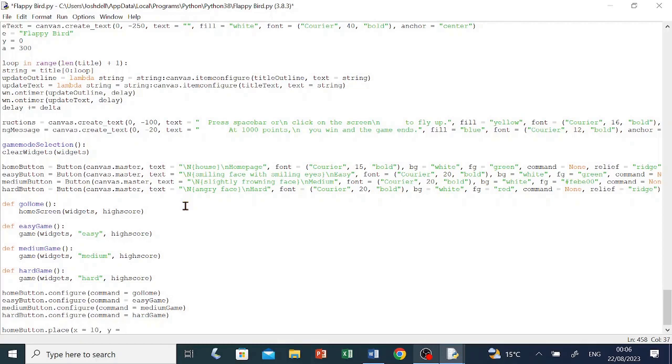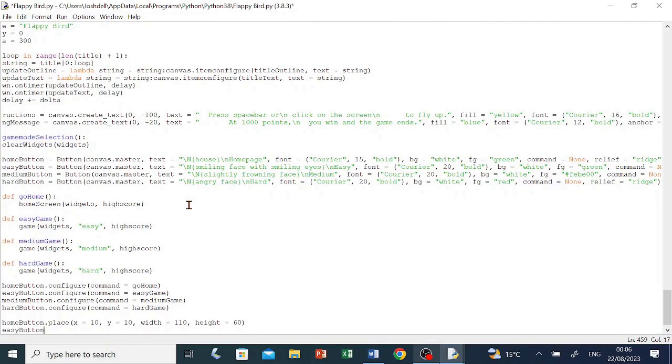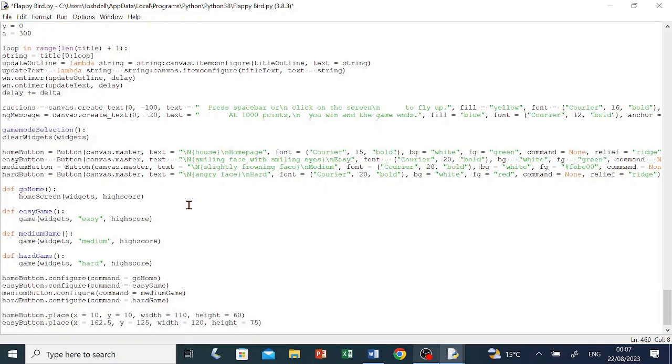space equals space 10, comma space width space equals space 110, comma space height space equals space 60, close brackets, enter, easy capital B button dot place, open brackets, X space equals space 162.5, comma space Y space equals space 125, comma space width space equals space 120, comma space height space equals space 75, close brackets, enter, medium capital